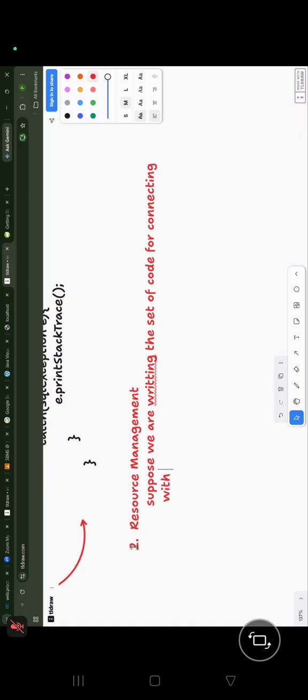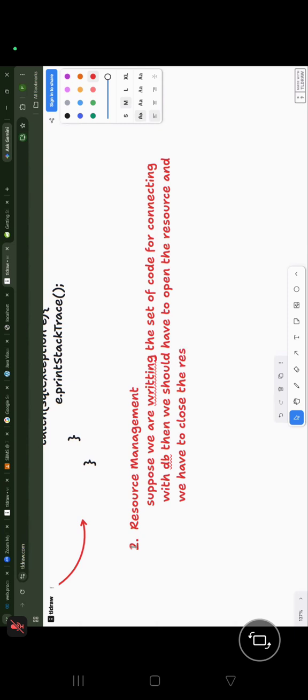Then we have to open the resource, and we have to close the resource, right? We have to close the resource in the same order. If we miss the order,